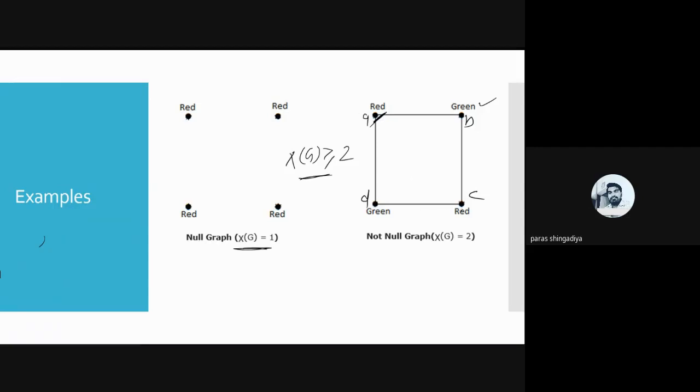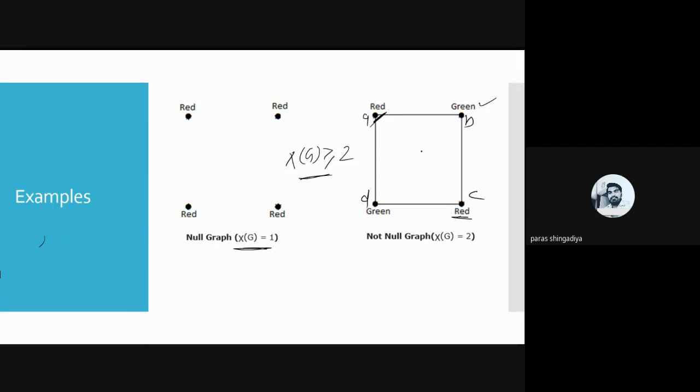And now for vertex C, we use the minimum possibility of the color. Okay, that you have to consider here. So now I can use a red color here. Why is it red? Because A और C के बीच में कोई relation नहीं है. There is no direct edge between A and C. So use red color again to the place C.